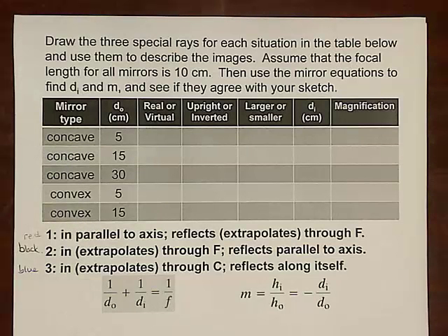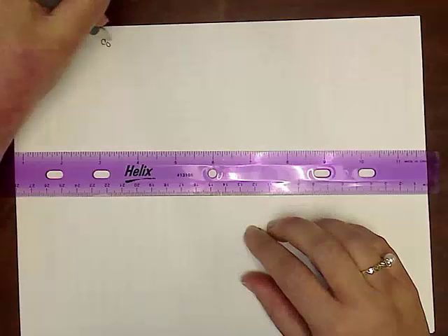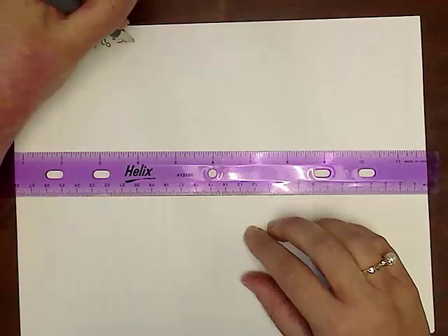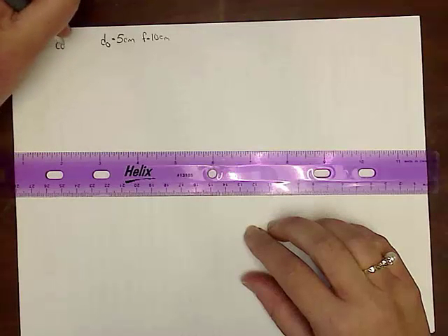What I'm going to do is go through each case, draw the sketch, and then work out the image location and the magnification. I'm going to use color coding for my special rays, so I'll draw ray 1 in red, ray 2 in black, and ray 3 in blue. Alright, so for situation 1, I've got DO is 5 centimeters, focal length is 10 centimeters, and it's a concave